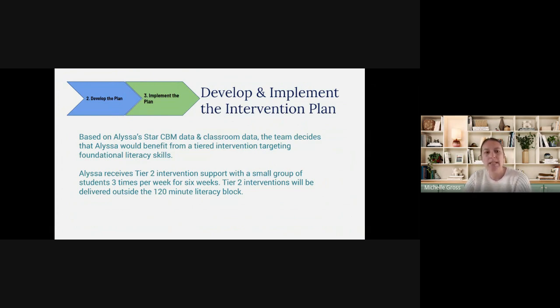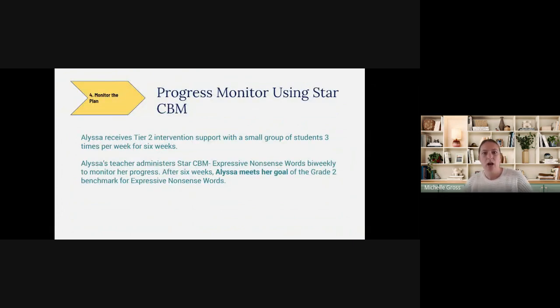I want to pause for a second just to make sure we all understand the process we went through with Alyssa. Are there any questions of why we decided to do what we did through that flow chart? Or did it all make sense of why we chose to do the passage oral reading for grade 2 and then grade 3, and then continue those CBMs to figure out where that gap was missing? Perfect. If anything pops up, please stop me or add it in the chat and we can go through any of your questions. But now we're going to move on to monitoring our plan.